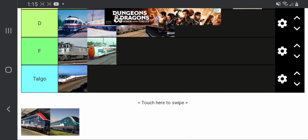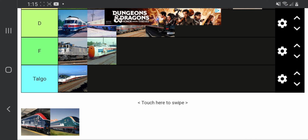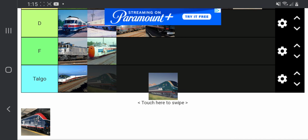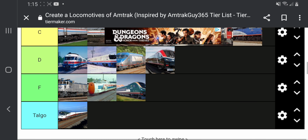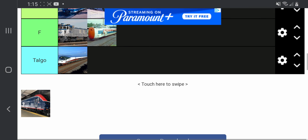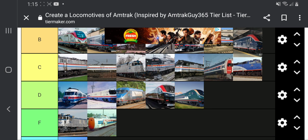The Cascades. I really like it. I thought it was going to be an SC44-style cab, mainly because the Cascades uses SC44s, and these would be a good replacement for these stupid Talgos. I should have put it there for fun, but I'm gonna just put it with...